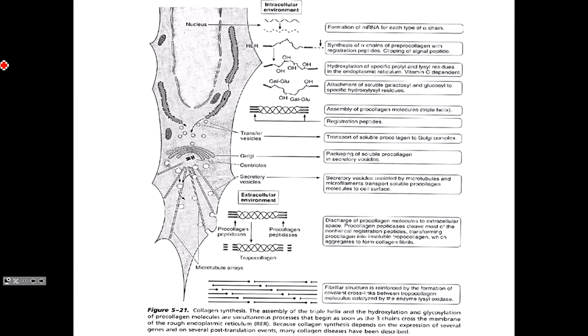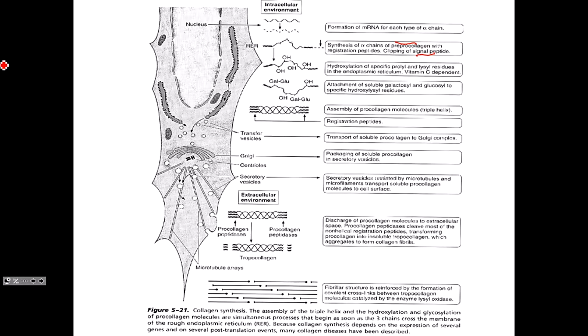So let's look then at the synthesis of collagen fibers. This schematic gives you a generalized overview of how collagen fibers, all of the different types, are synthesized, say, in a fibroblast. So we start out with the synthesis of a pre-procollagen molecule. So the pre is the signal peptide, okay, and that is clipped off. The signal peptide is clipped off as that pre-procollagen molecule passes from the ribosomes into the lumen of the endoplasmic